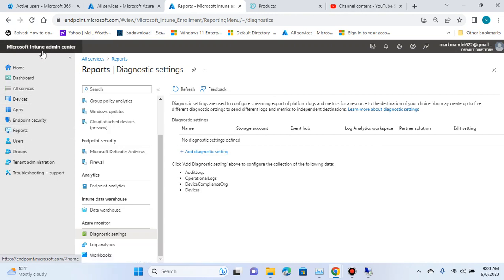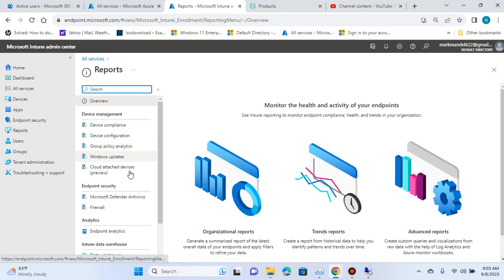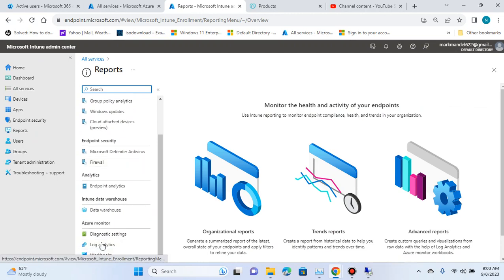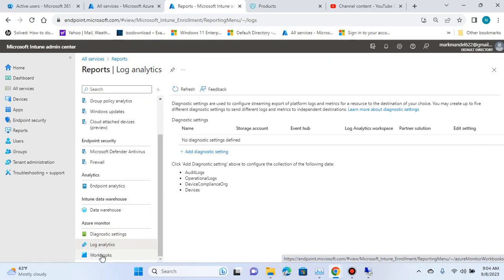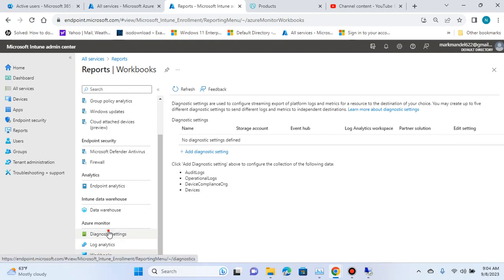Right here within the Microsoft Intune Admin Center, if you go to the reports, you can see I have had nothing set up for diagnostic settings yet, or log analytics, or that other feature, workbooks in here. What I'm gonna do here is head to the Azure portal